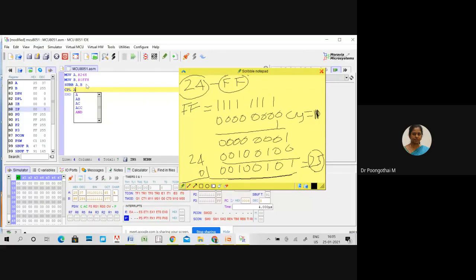This instruction is used to calculate the 1's complement value of the accumulator. After that, I am adding 1 to the accumulator. For converting 2's complement form to true form, we need to take the 1's complement, and after that we have to add 1 to the 1's complement result.